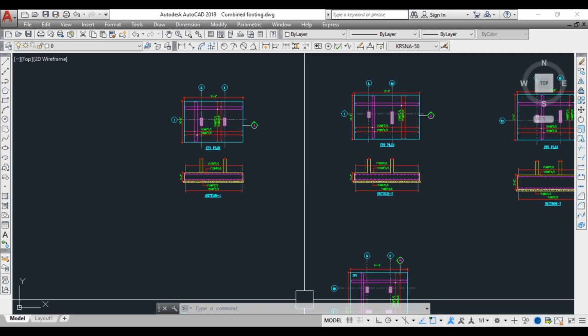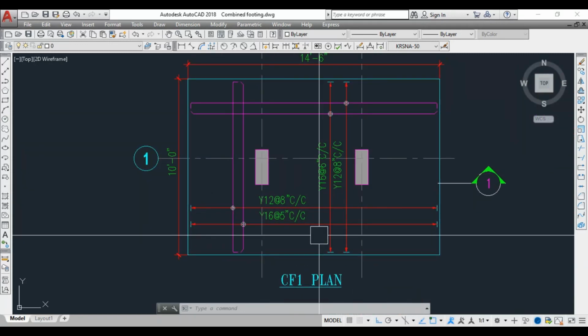Always in the combined footing, the reinforcements are provided in the form of a mat. You can imagine that there will be a bottom mat as well as a top mat. In the bottom, reinforcements are provided along the length direction as well as the width direction. Similarly, in the top also, the reinforcements are provided in the length direction as well as in the width direction. So how do we arrange the reinforcements? Let's see now. First, let's see combined footing 1.